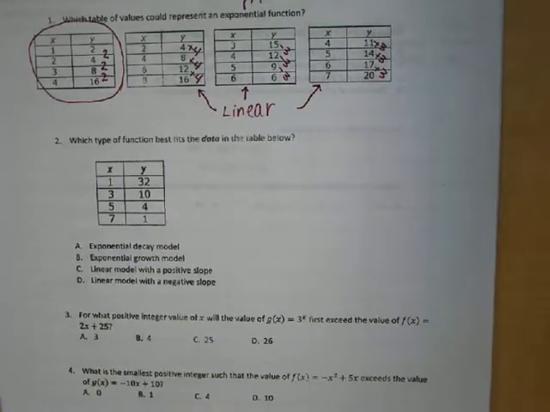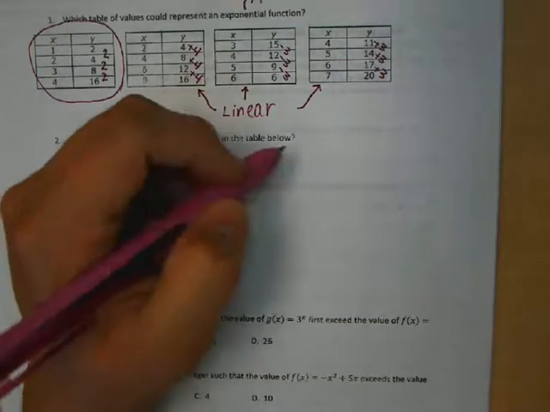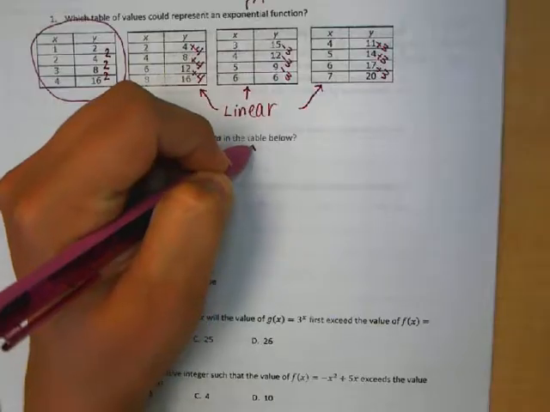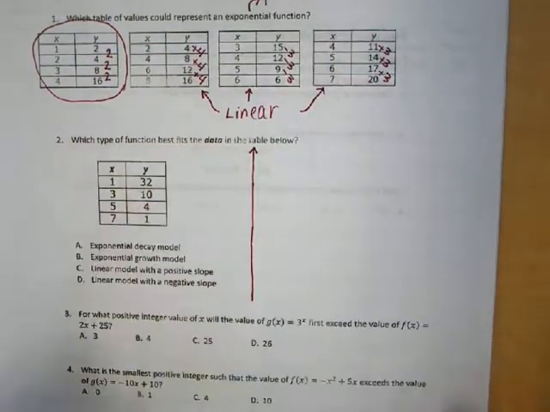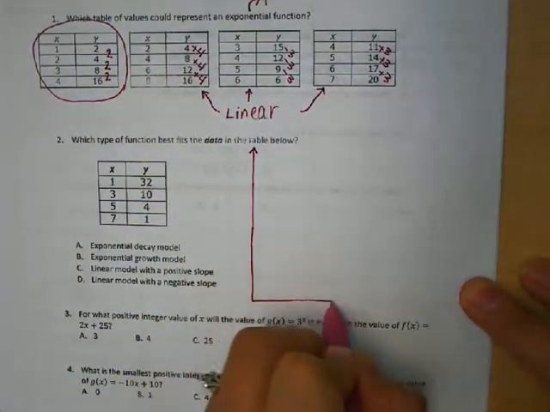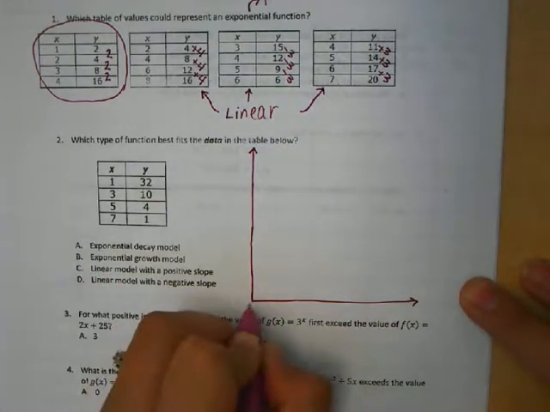So, if we look at number 2, it says which type of function best fits the data in the table below. Now let's say that you really don't remember how to use the stat function on your calculator. You could sketch out a graph and plot these points. So I'm going to make a graph